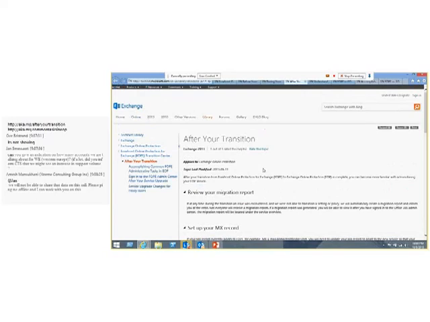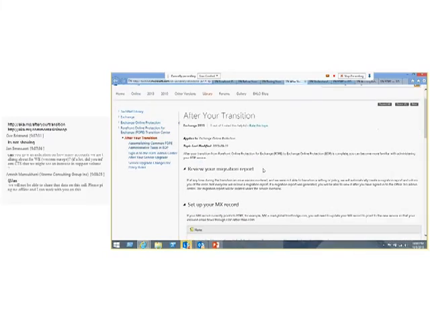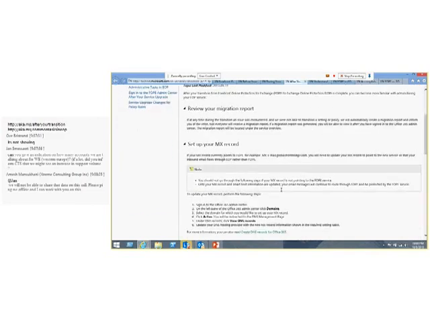And things which you need to do after your transition: there will be a migration report which will be generated once you log in. You'll be presented with a report saying how the migration went. If there were any domain scope admins that we could not bring over, or any problems that we encountered, those will be mentioned in the report itself. Actions like updating your MX record.